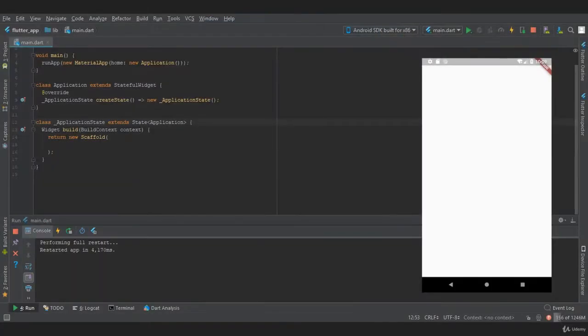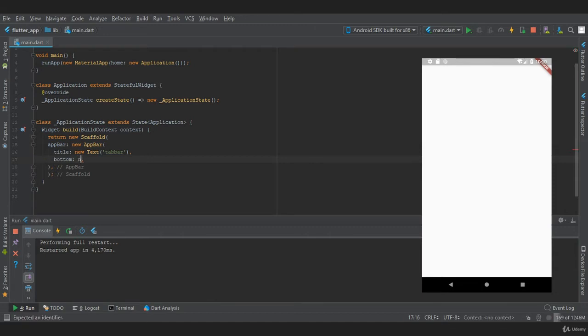So in Android Studio, as you can see, I have already created a scaffold. In this scaffold, we are going to provide an app bar, and we are going to say new app bar widget. In this app bar widget, we are going to provide a title as tab bar, and then we are going to create the bottom property, which will help us to create a top tab bar.